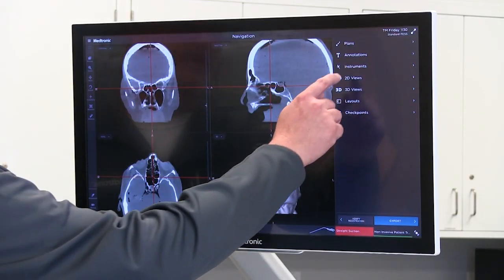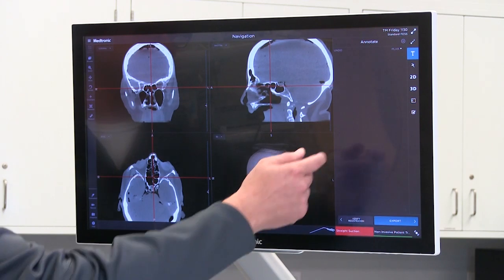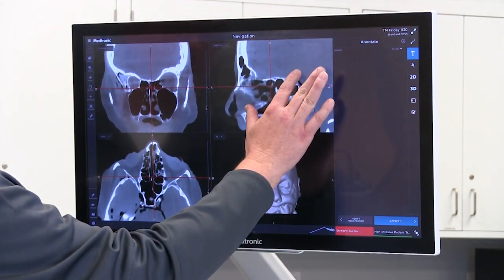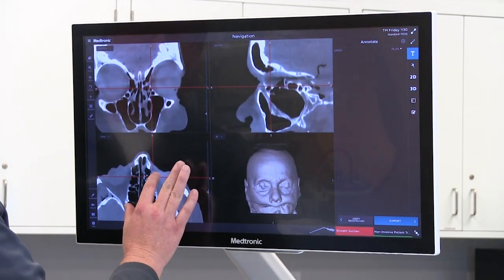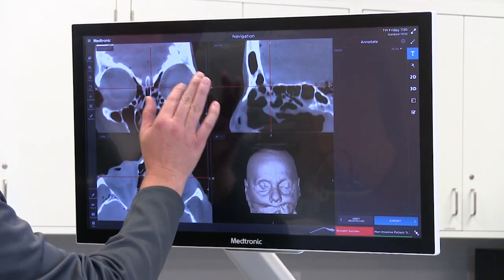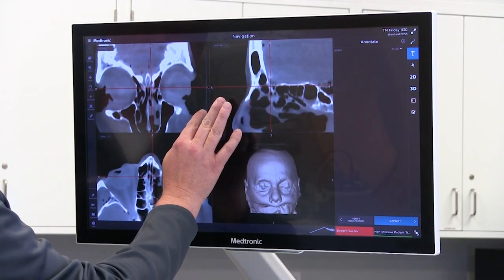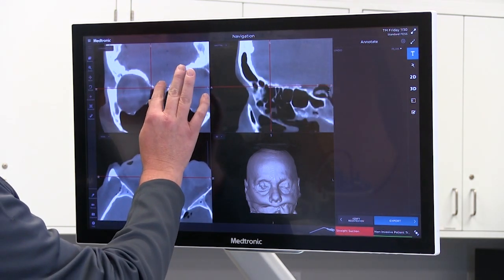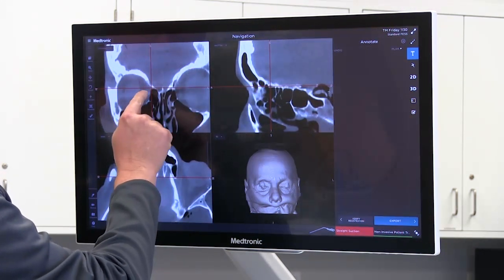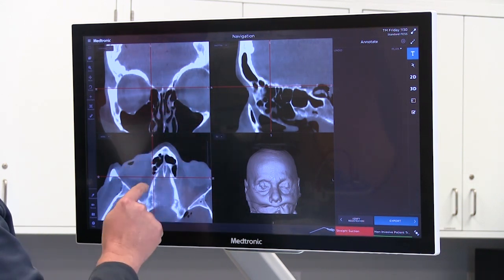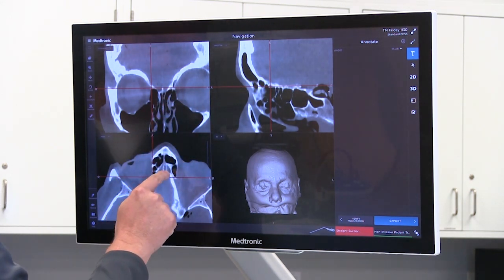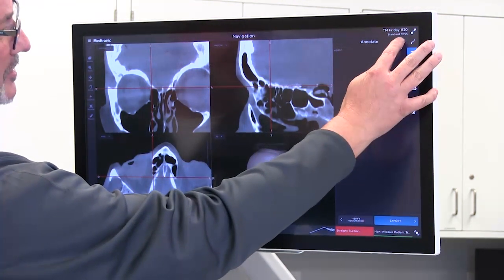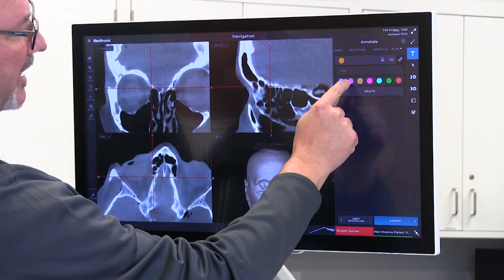Okay, to set up an annotation point, go into the annotations menu, find what you want to annotate, and what we're going to try first is the anterior ethmoid artery. And to find that, you kind of scroll from front to back, and you're going to look for this little outpouching of the orbit, and it's usually superior, and you can actually see the pathway of the arteries on both sides here and here. So you can drop an annotation point there, and you can change the color,